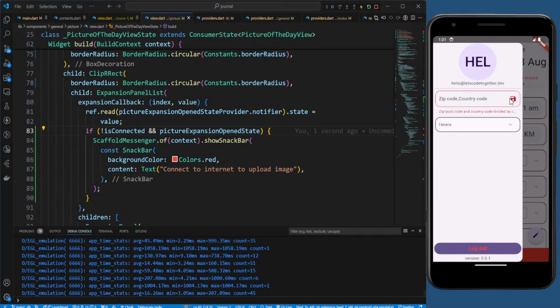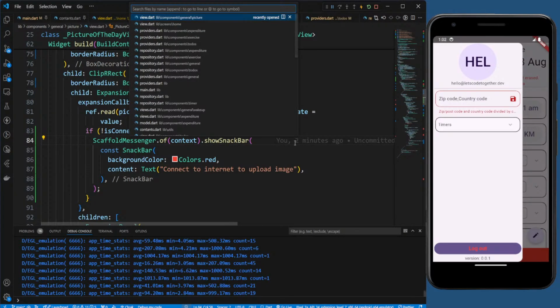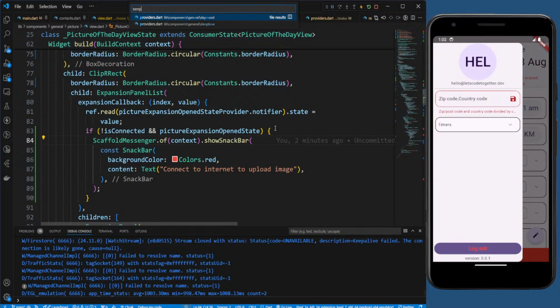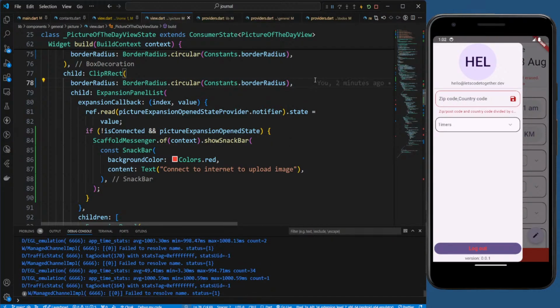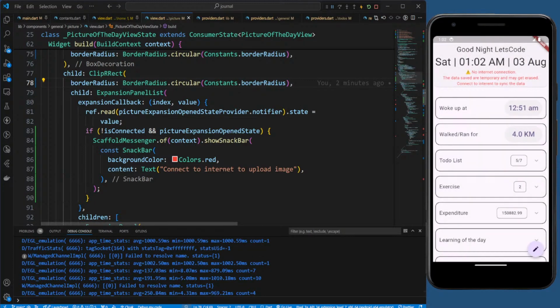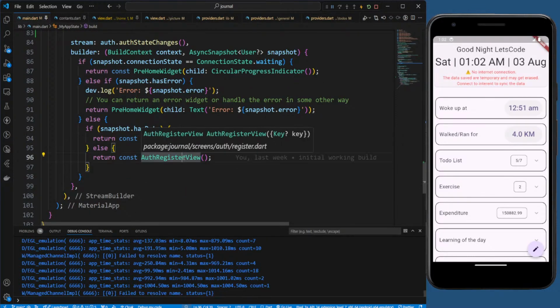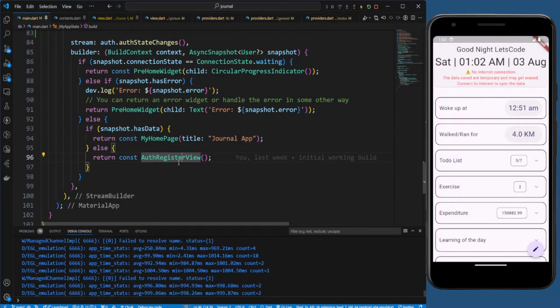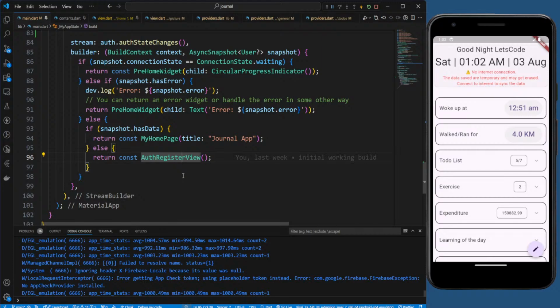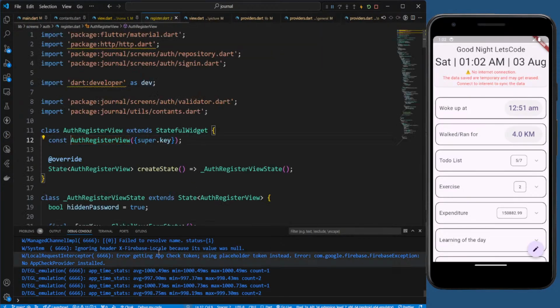Let's get it. Okay, this one also needs to be this one, right? So zip. This is our temp. Okay, this can be checked later on. So now the only thing missing for this internet connection is this main file. If you go to the main file, this one, auth register view, this will also need internet connection, right? So what we can do is here also